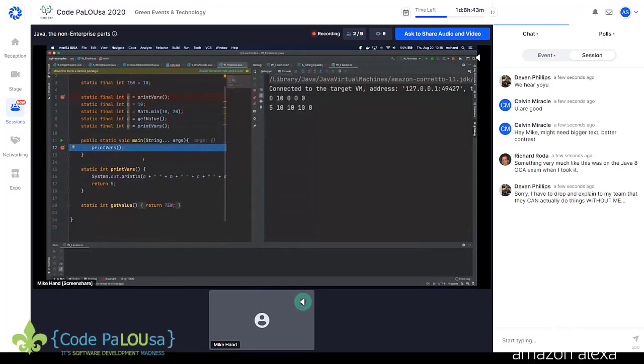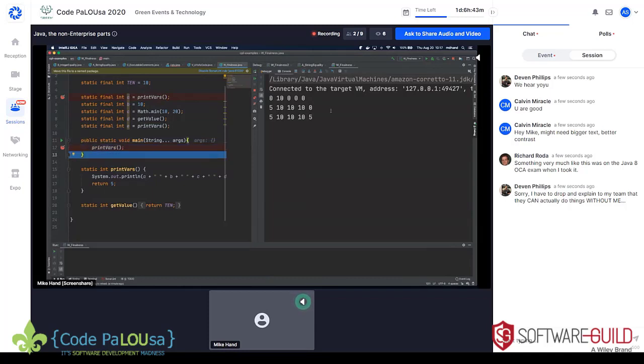There it is. And now, after all of those have been initialized, we're finally able to run main, and we're going to run printVars one more time, and now they all have values, and so we're going to get our final output, no pun intended, of 5, 10, 10, 5. So keep in mind, final isn't always final. It depends when you assign a value to final. It depends if you're using it before that value has been assigned or not. You may get some output that you don't expect.